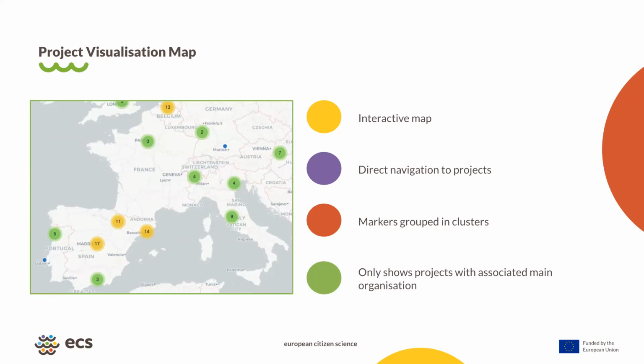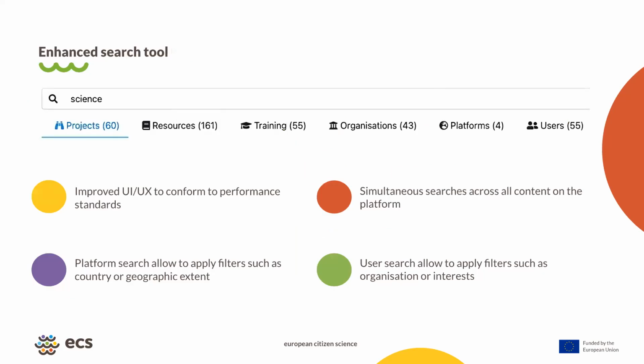So please, if any of you have ideas on how to solve or improve this kind of troubles we found, don't hesitate to share them either now in the chat or during the open discussion we will have later, because probably this is one of the keys to be able to improve the map functionality. As I say, feel free to interact with the platform while I'm talking about the services. So the next functionality we are presenting is an improvement to the search tool.